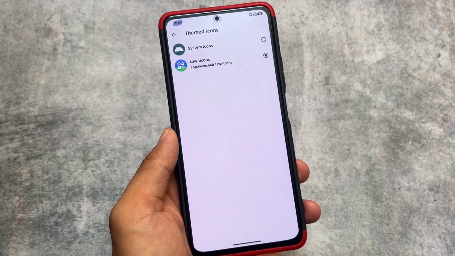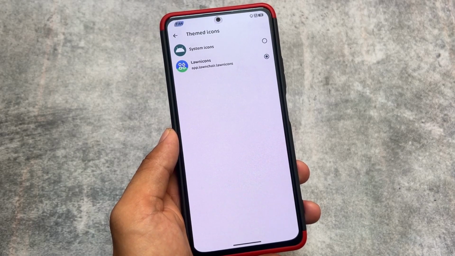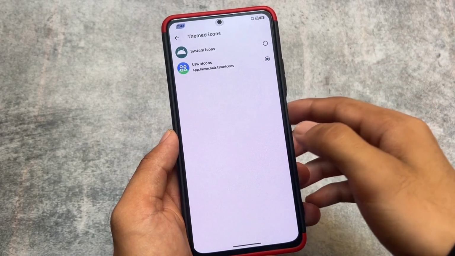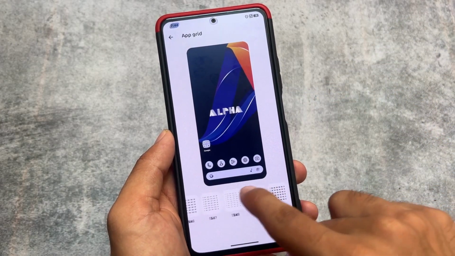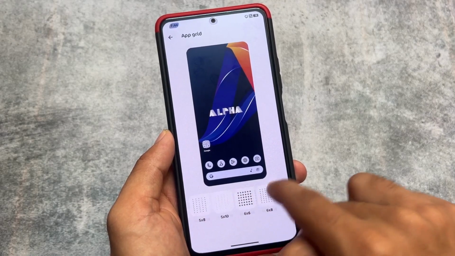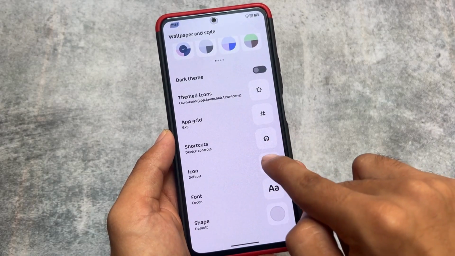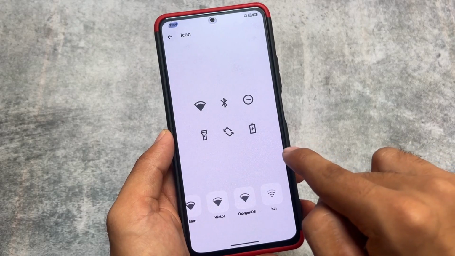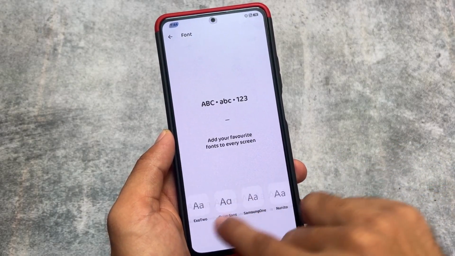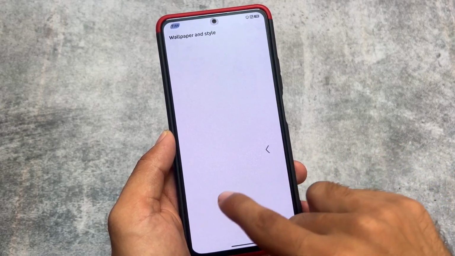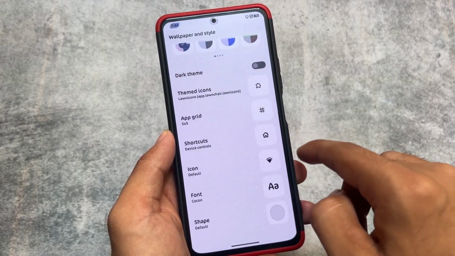You cannot simply click on themed icons and be done. You can install a separate themed icons package, for example, Lawnicons. So you have the option to choose between Lawnicons or those DG icons, RK icons. All these icon pack options are available for you. You can customize the themed icons according to your own preference, and some fonts, icons, every customization as expected is